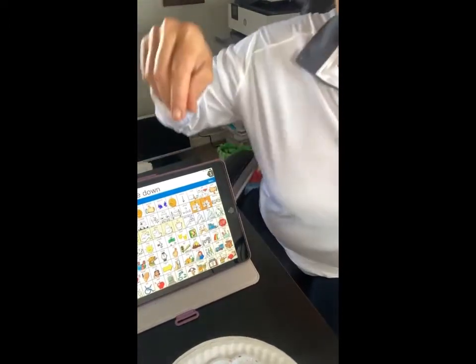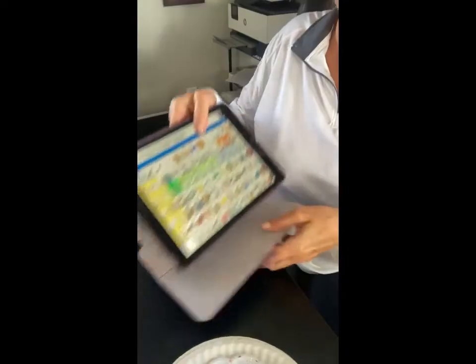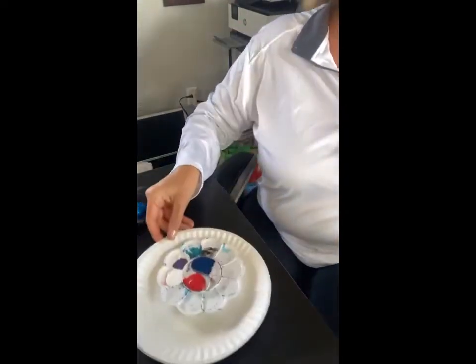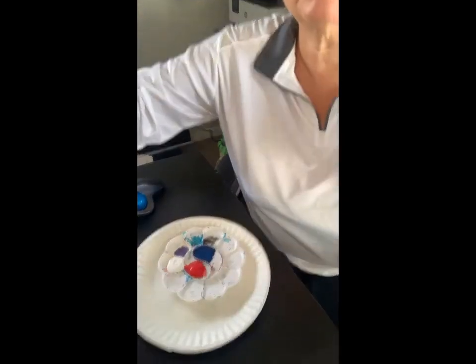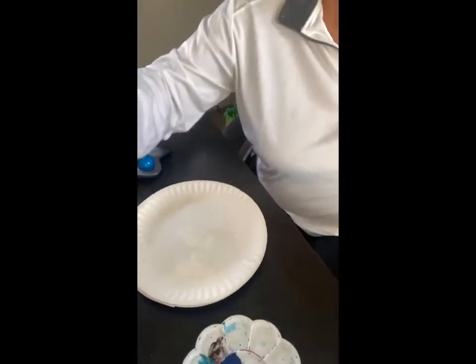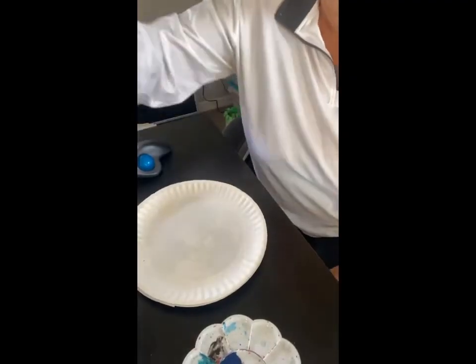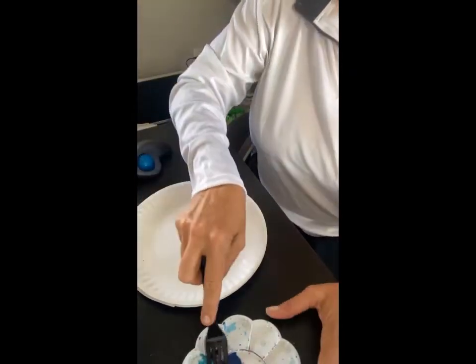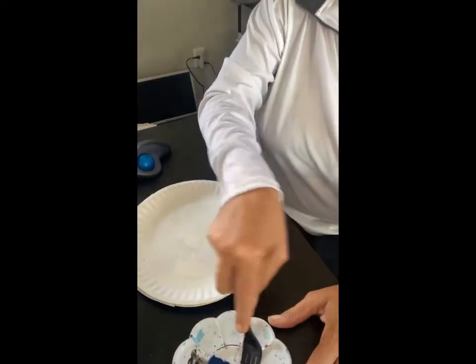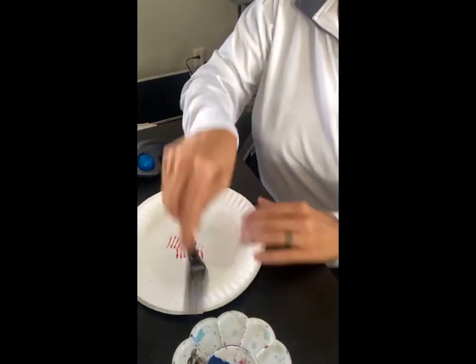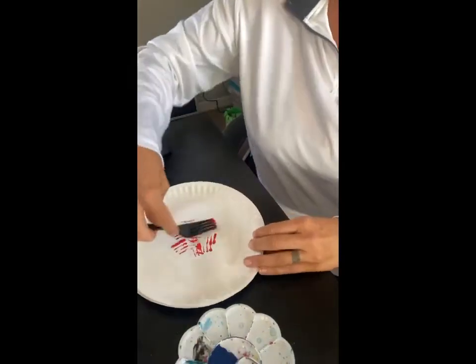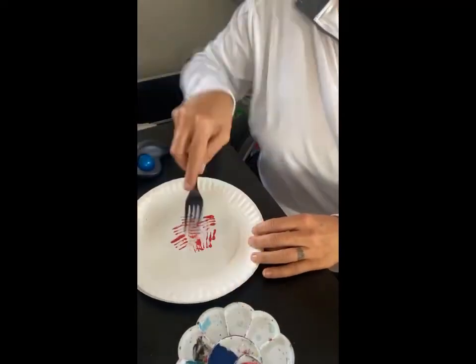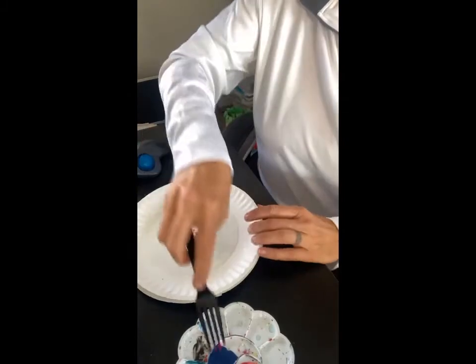All right, so this is a really basic activity to do, super fun. And let's see what it looks like in action. So I'm going to hide this right now and move our paint here. And so what I have is, I have my paint. And so now you can work with the student and they can tell you, okay, what are we going to do? We're going to put this in the paint. And so I'm going to put this in the paint, and they can tell you what color paint they want you to dip that in. And we can start making fireworks.